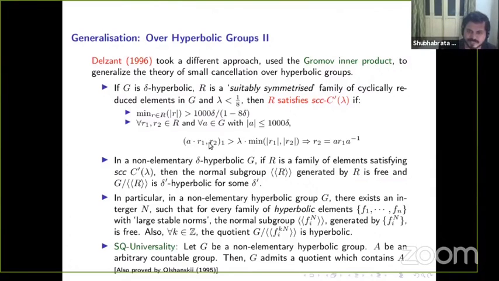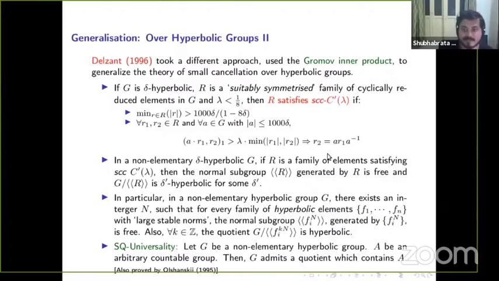In a free group, this is very easy to see. In general, we have a definition of Gromov hyperbolic groups in terms of these inner products. And here he enforces that whenever that fellow traveling distance is greater than something, for these two elements in capital R, then this relator R2, since its fellow traveling with A R1 is quite high, greater than some number, R2 has to be a conjugate of R1 by A.